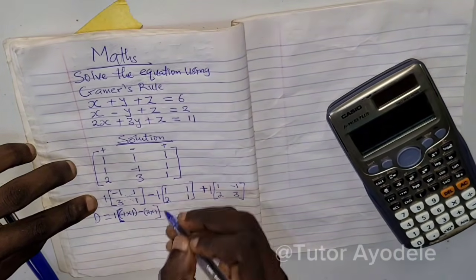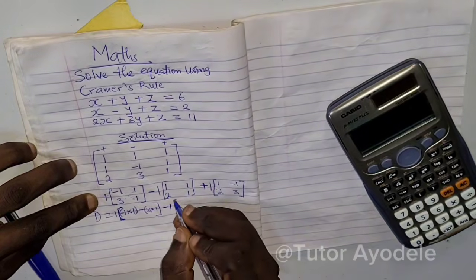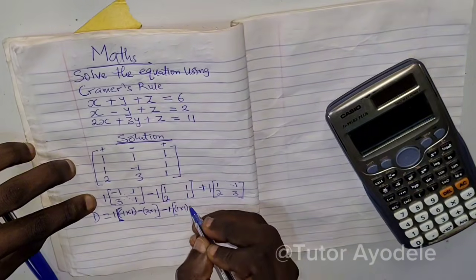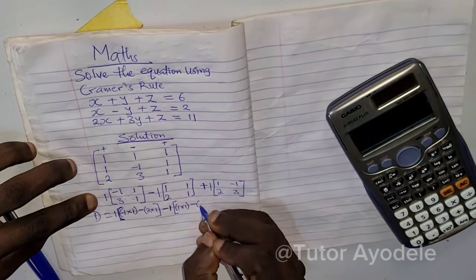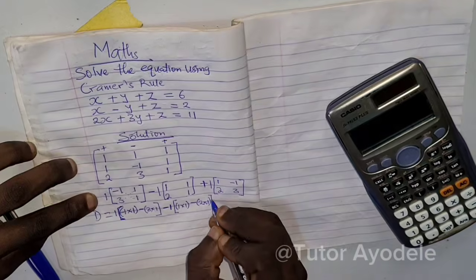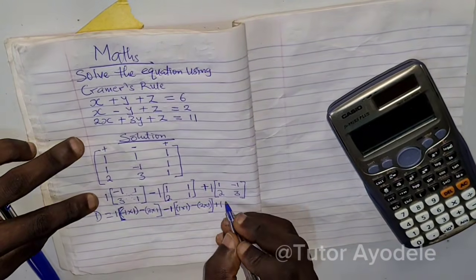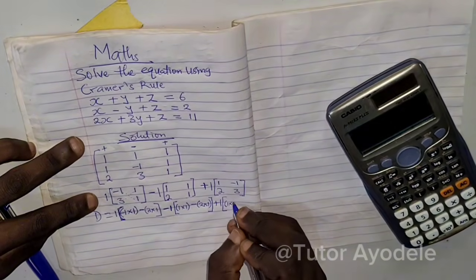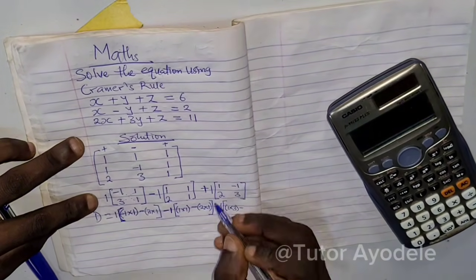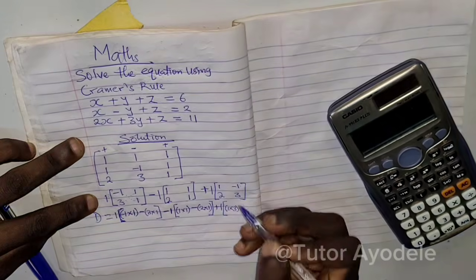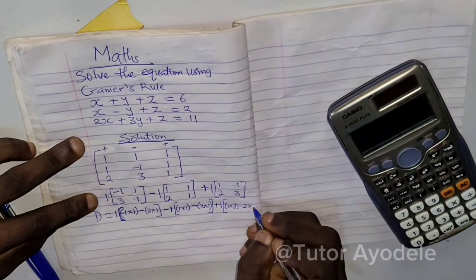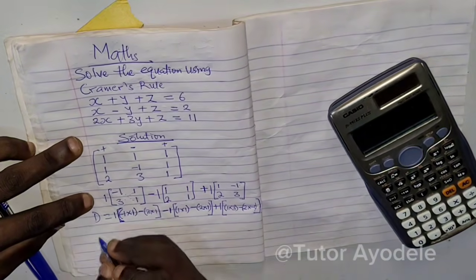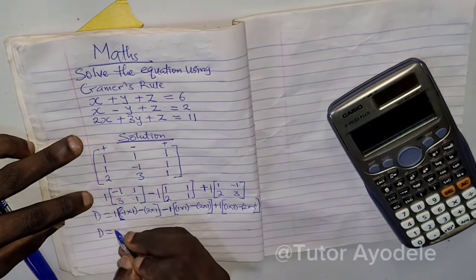Can you see that? Now put this minus 1 here. 1 times 1, I will have it as 1 times 1 minus 2 times 1, plus 1. Open bracket. 1 times 3, minus 2 times minus 1. Close it. All right. So the determinant equals 1